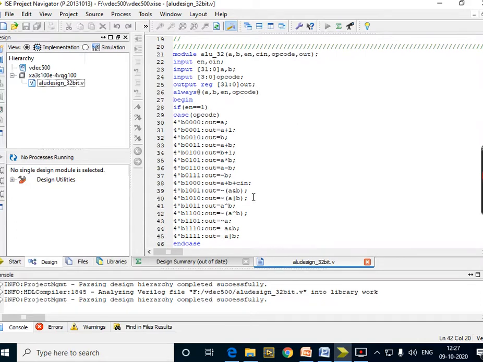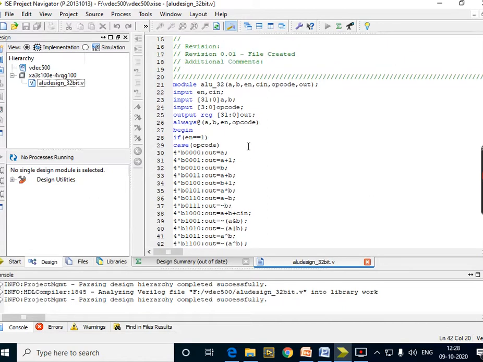And I intend to have almost 16 different operations. Based upon your requirement, you can increase the number of operations, but the computation size should be 32 bits. That is a compulsion, but the number of operations can be increased based upon the designer's requirement. Now let us get into the program first and try to understand what different variables are required for